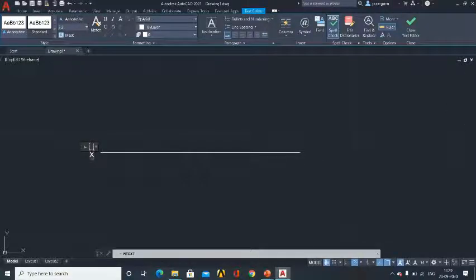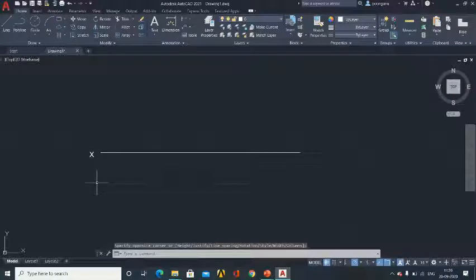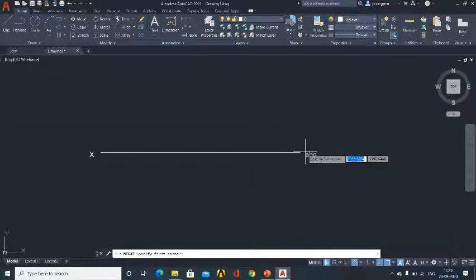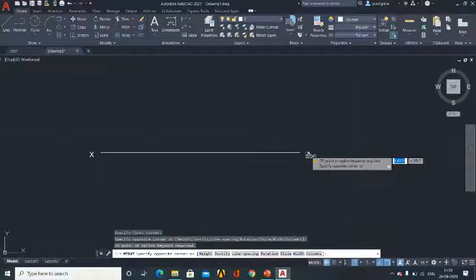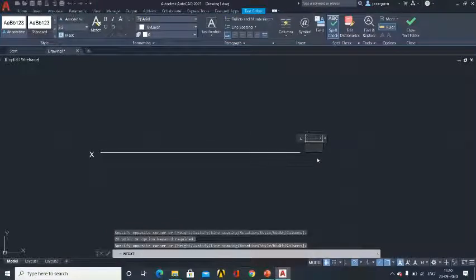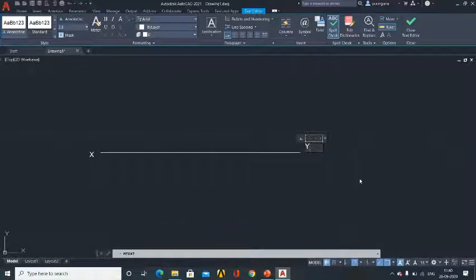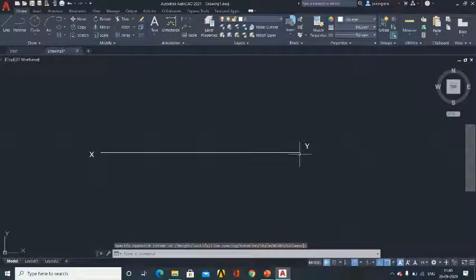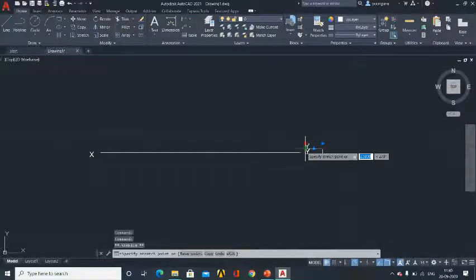You type X, so we get the letter X. Then similarly repeat the command, select, press enter, and you will get Y. After typing the letter, click somewhere outside, and you will get the text. You can click and drag the text wherever you want.